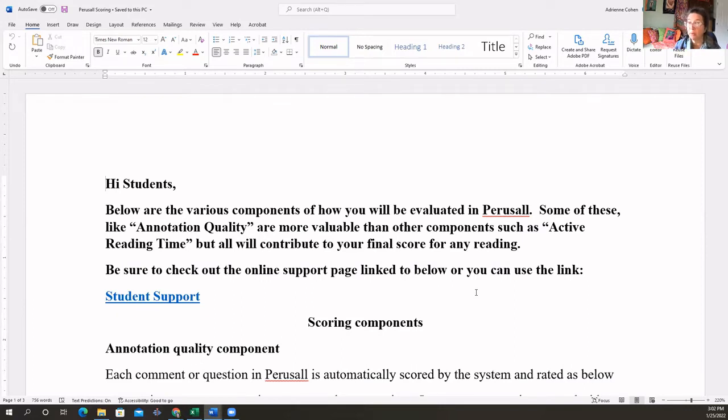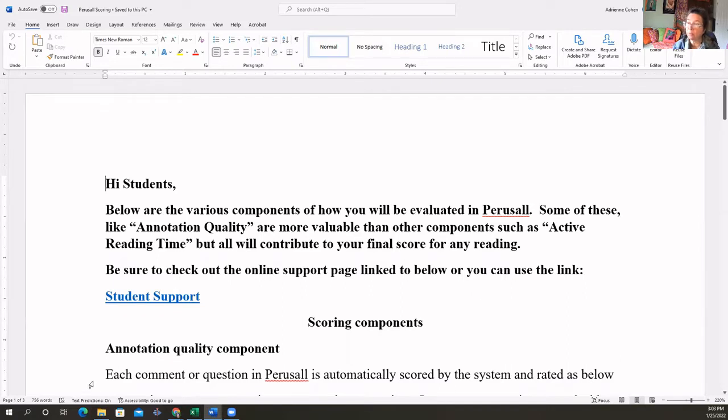So you're in a group of 5 people. And the reason that we have groups of 5 is there are 45 of you. If you were all in the same group, a lot of times the whole thing gets highlighted and it's really hard to follow. So having these smaller groups helps you to be able to follow. You're going to make annotations, which can be comments or questions. You're going to respond to other students' comments and questions. You're going to highlight the sections of the reading that seem important to you.